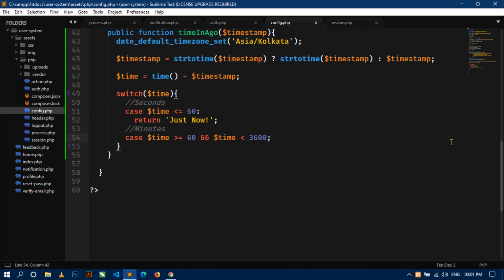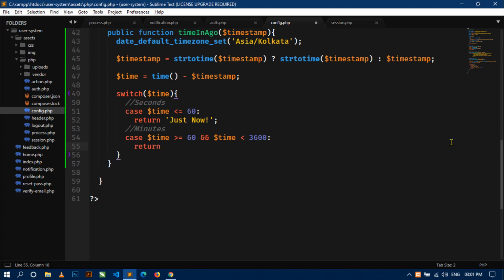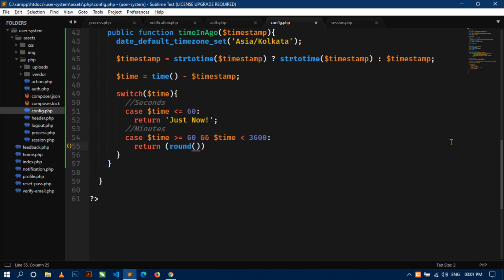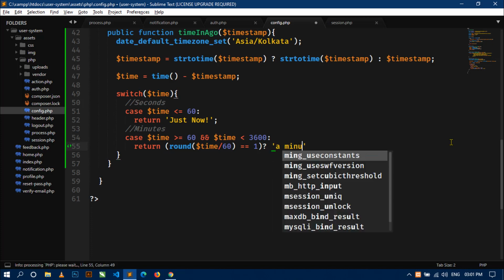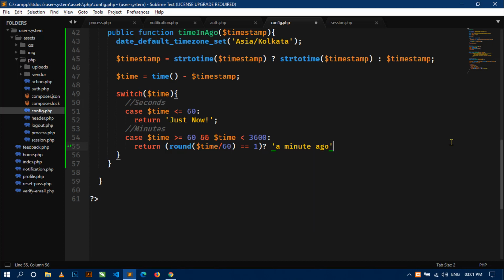Then here what I will do is I will use return, and here I will use the round function, and then here I will use time, and I will divide the time by 60, and if this gives 1, then we will display a minute ago. Okay, and